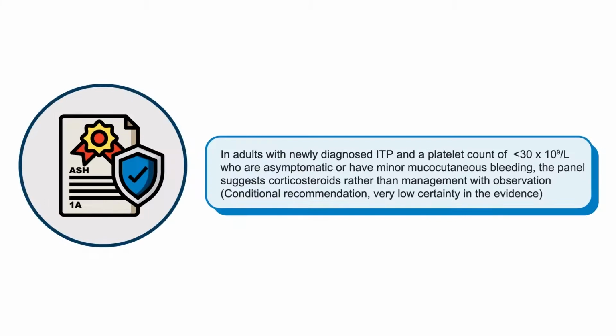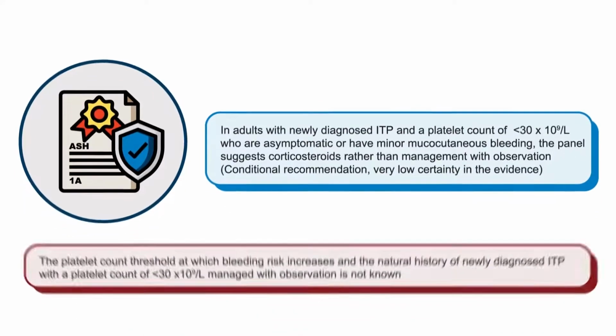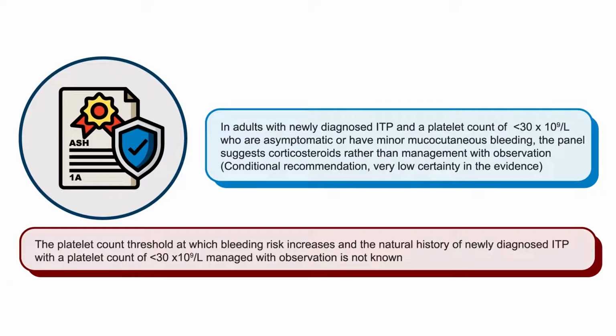This is recommendation 1A, in which it states that in adults with newly diagnosed ITP and a platelet count of less than 30,000 who were asymptomatic or have minor cutaneous bleeding, the panel suggested corticosteroids rather than management with observation. But it was very clear from this recommendation that the exact platelet count threshold at which bleeding risk increases in the natural history of newly diagnosed patients in ITP with a platelet count of less than 30,000 managed with observation